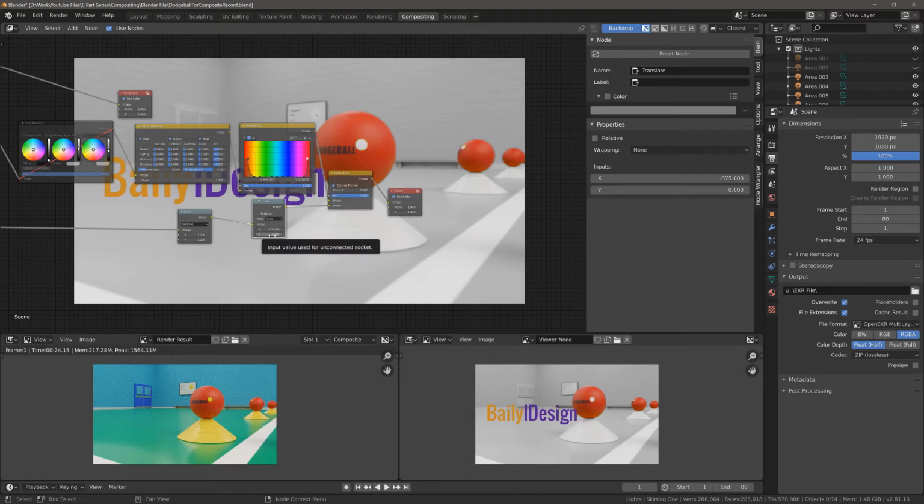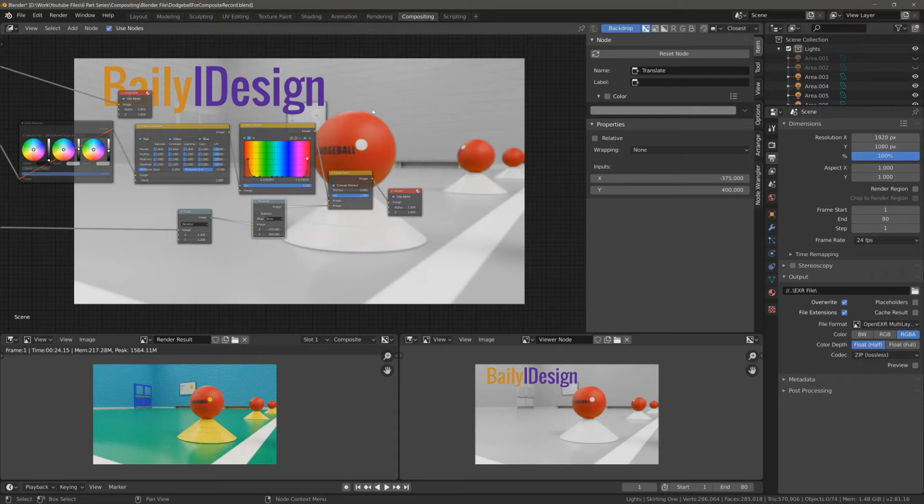And then let's try increasing the Y value. So we want it to go up, so we can use a positive value here. Let's try 400 and then press enter. And that's looking pretty good. In fact, we're just going to use the value of minus 400